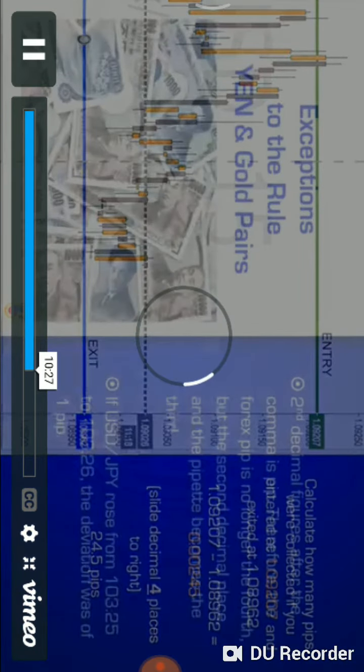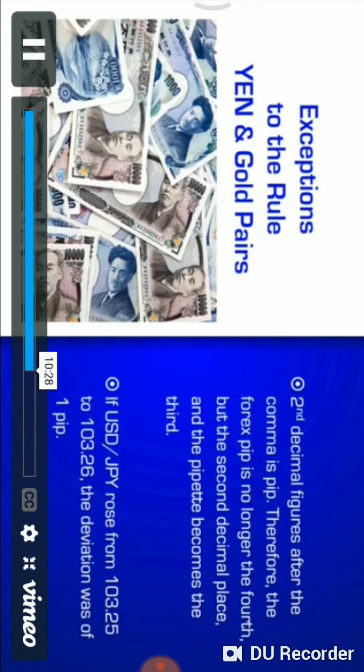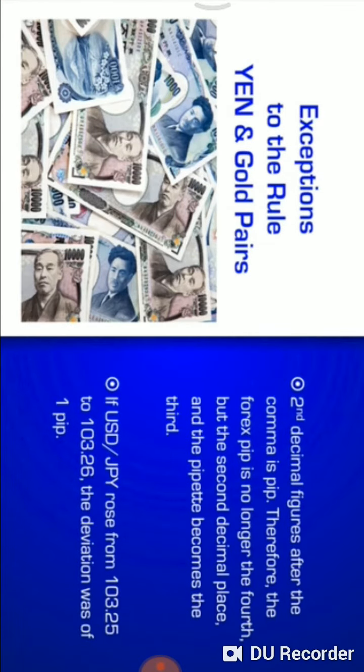There are some exceptions to the rule, such as yen pairs and gold pairs. In yen and gold pairs, the second decimal figure after the comma is the pip. So, for instance, look down here. It says, if USD JPY rose from 103.25 to 103.26,